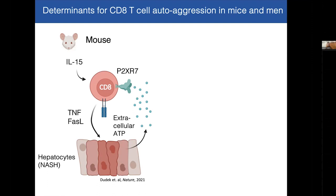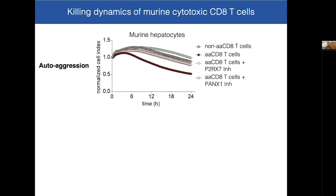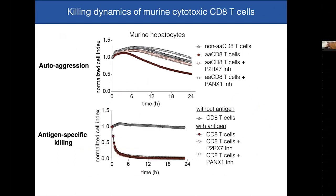And this is what we have published in the mouse, in the preclinical mouse data. But what this current ongoing project is about is whether this also applies for human CD8 T cells, like autoaggressive human CD8 T cells, and whether we have similar mechanisms here or not. And I can give you the answer: there are not dissimilar mechanisms, so this is something different in the human setting. Here is still raw data from the mouse system. So we performed these exogenous data